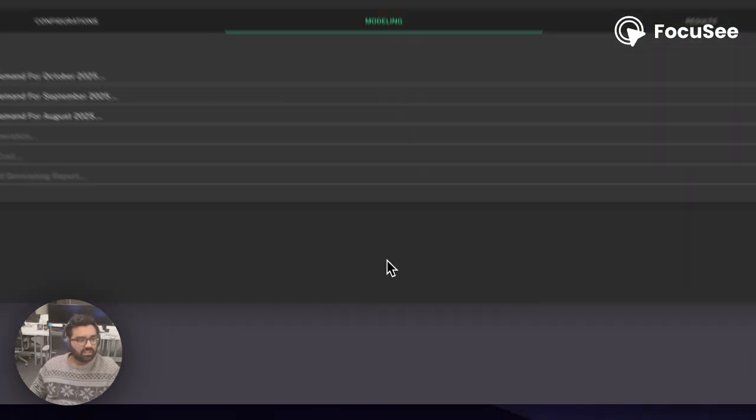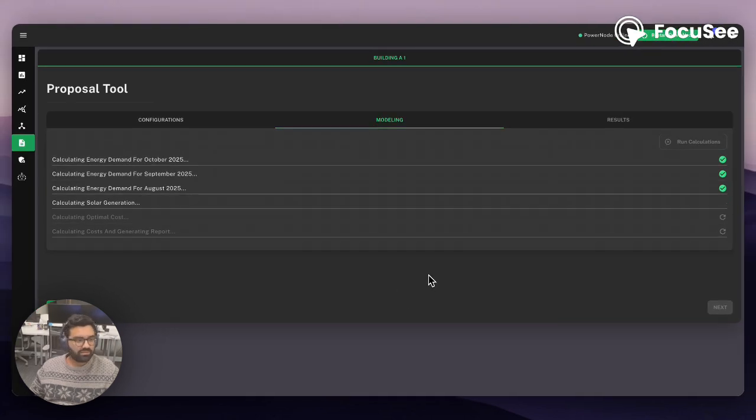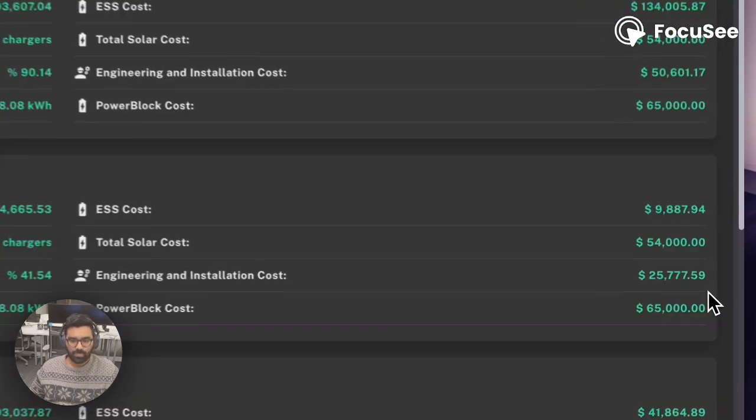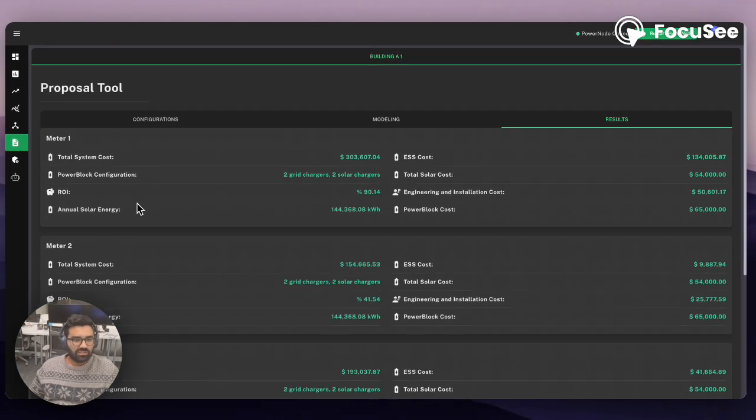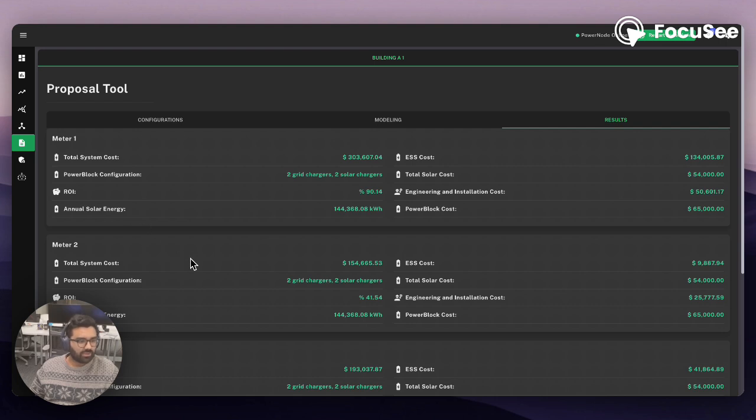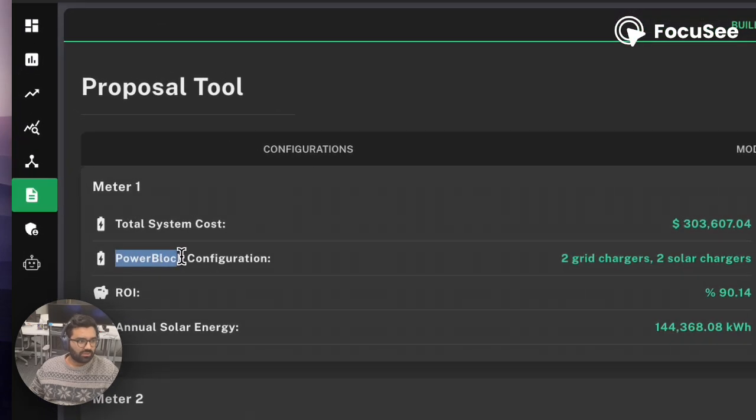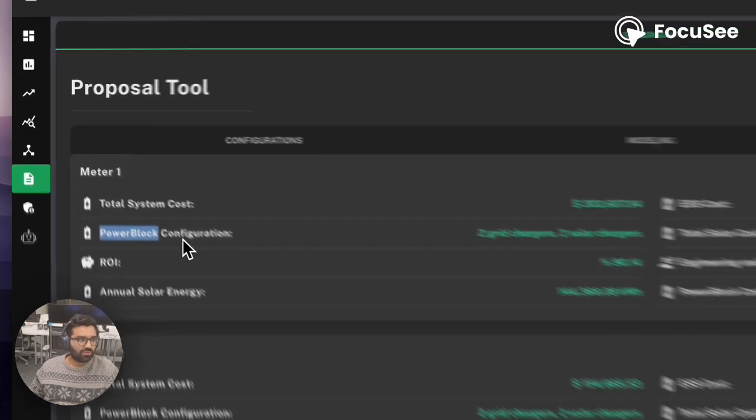Okay, so here you can see how we're almost done with the different steps necessary to obtain the economic and financial model, and soon we will show the results. So these are the results. Essentially, we have built a model that leverages our power management solution, which is the Power Block. But with this tool, the proposals tool, we can